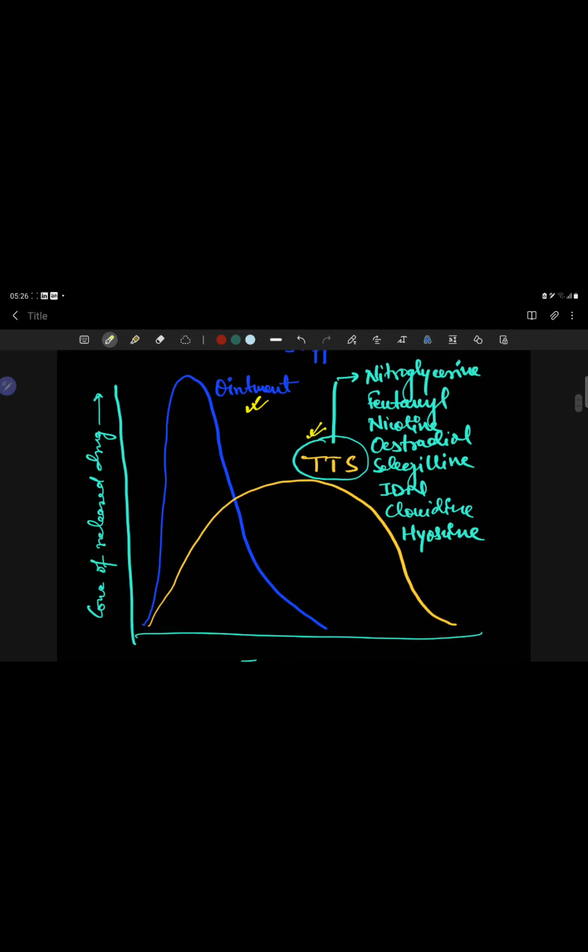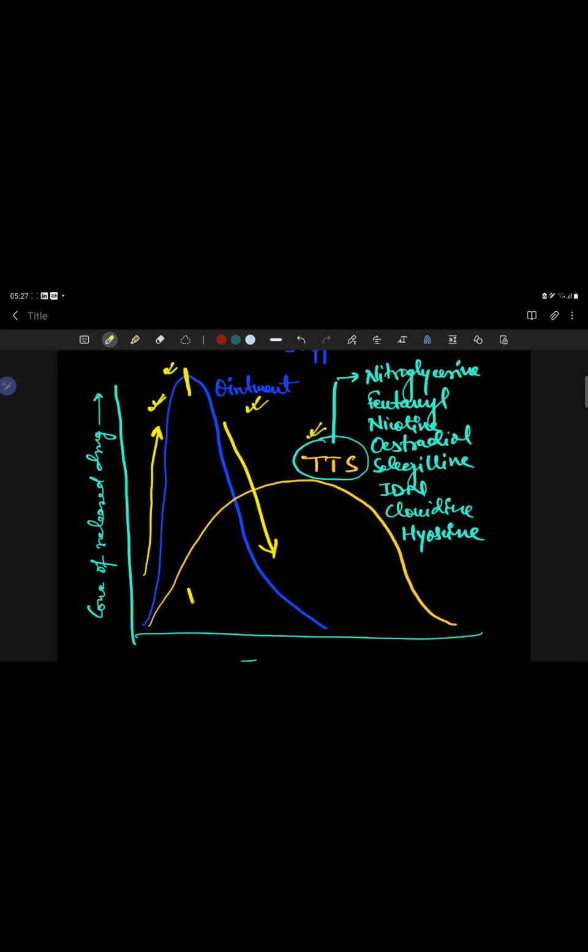When we use any ointment, the drug released is present in the local area, and then it will be gradually absorbed, right? In ointment, it happens very suddenly. You can see the peak rises very suddenly, and there is a decrease in the concentration very